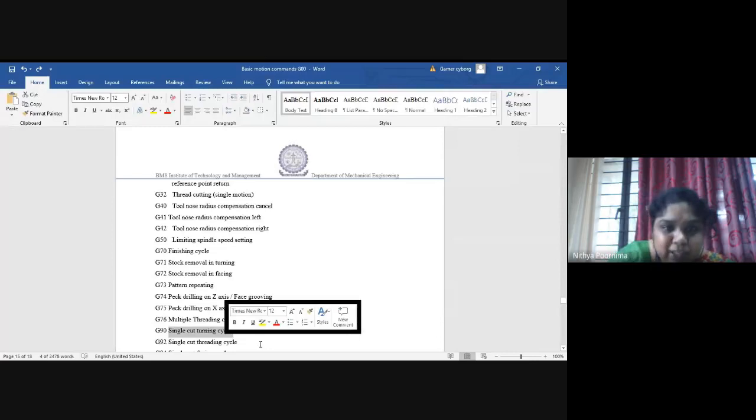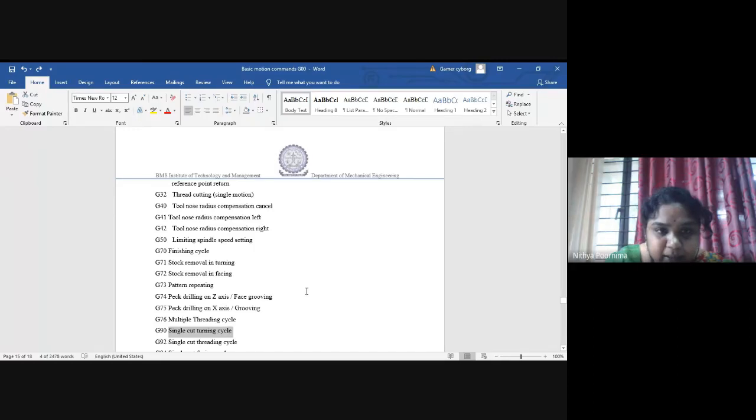G90 is the single cut turning cycle for taper turning operation, and G92 is the single cut threading cycle. Is it clear?